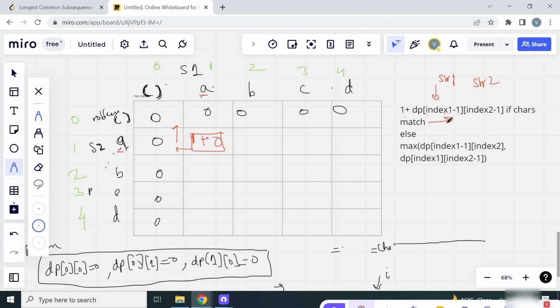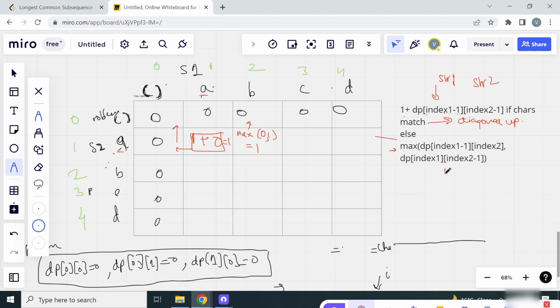So for this first one, if the characters match, we go diagonal up, right? And if the characters do not match, so let's see the next characters, a and b do not match. So what we can take, the maximum of either shrinking s2. If we shrink s2, I have to go up, so I can take the upper value. I will go up, so I will take 0. Or if I'm shrinking s1, so I have to go left. If I go left, I have to take the left value. So left value is 1 plus 0 equal to 1. So max of 0 comma 1 is 1,